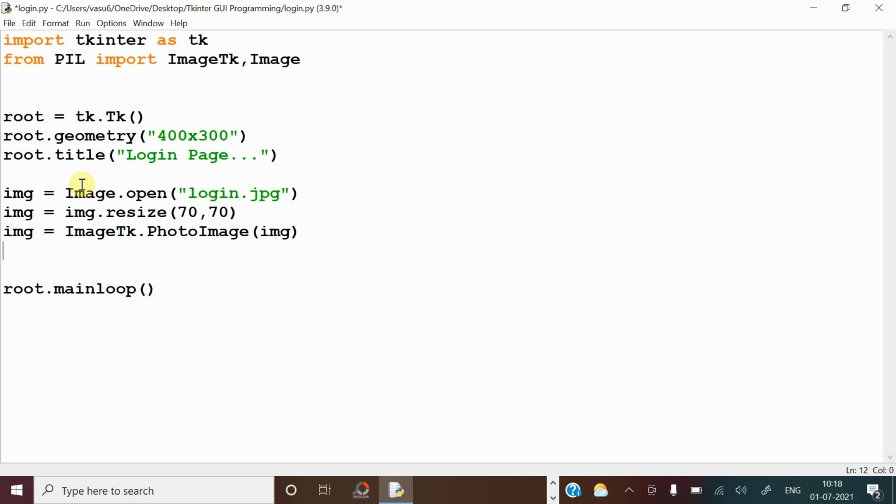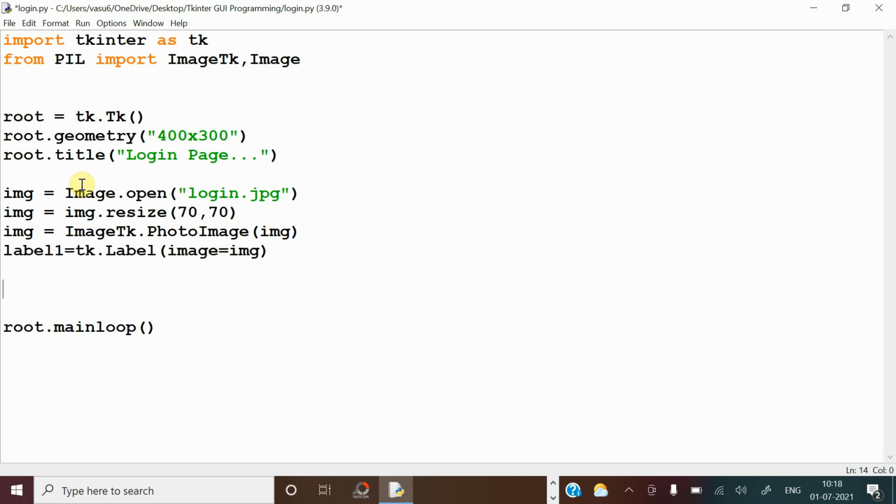Now we have to keep this image in one label. So I have created label1. Within that label I want to keep this image, so tk.Label, and image equal to, we have to give the variable name in which you have it. The same thing you have to keep here.